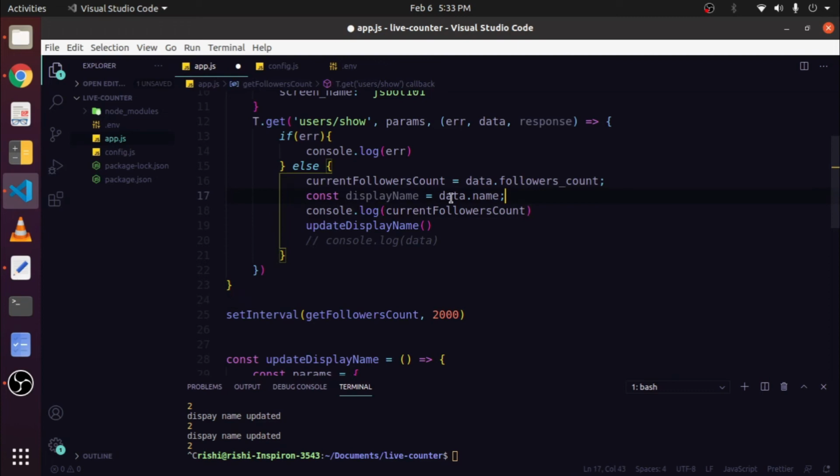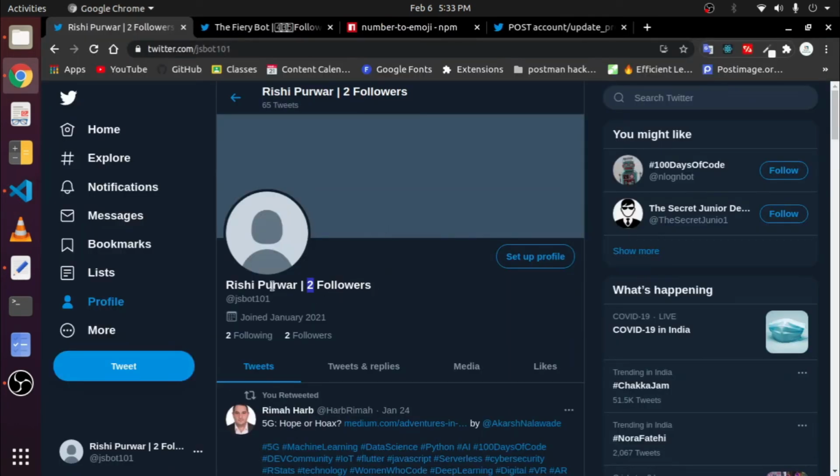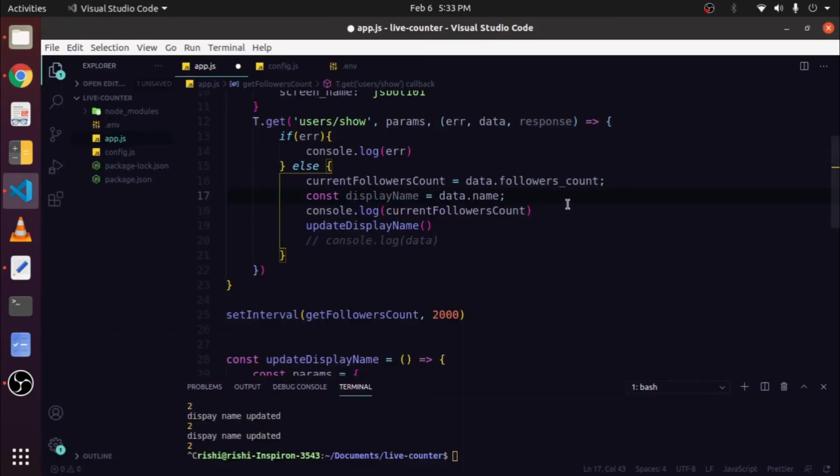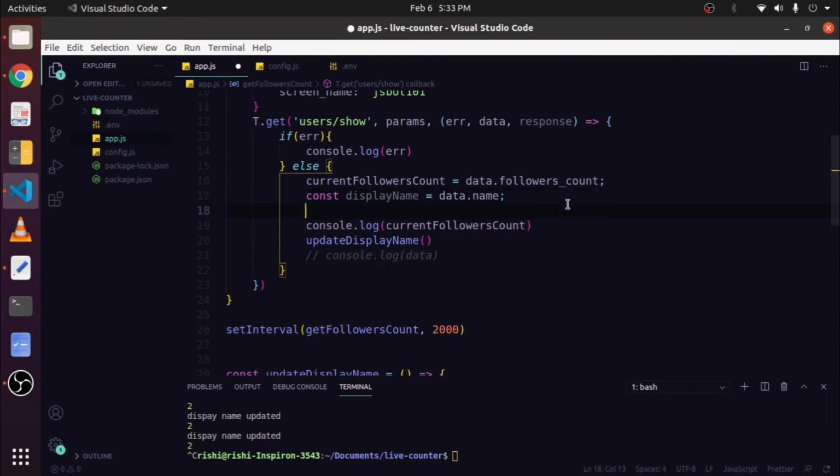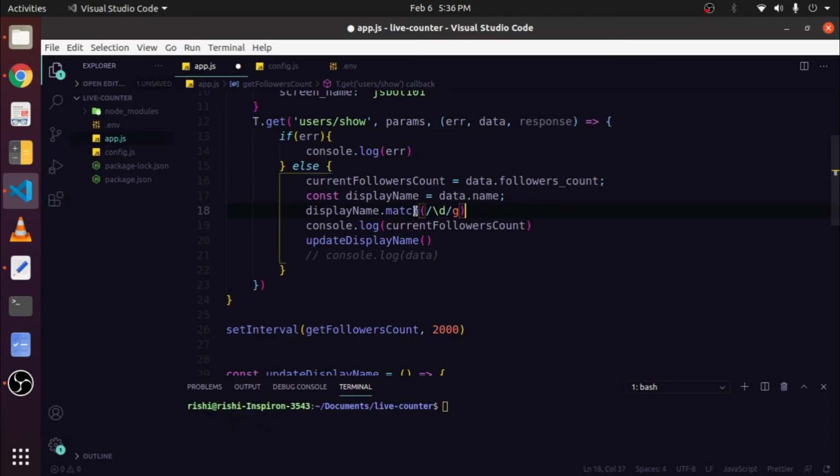Now, first I have to extract this number from this display name. So to do that, I have to use some regex. This is a very simple regex. It looks like this: display name dot match, and inside this dot match function, paste this regex code. This code extracts all the numbers from the display name and then store inside a array. Now save this inside a variable called follower count